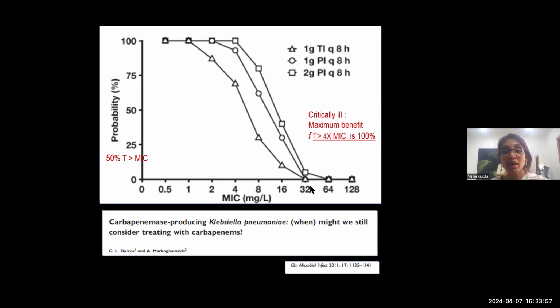But now we have more data that carbapenems can be used only if the MIC value is between 4 to 8. And in our country, we usually have a MIC of the carbapenem-resistant gram negatives of more than 16, or maybe reported from the Vitek as more than 16, but it is probably 124 or even higher. So with such high MIC, using carbapenems for such resistant CRGNBs is not advisable.